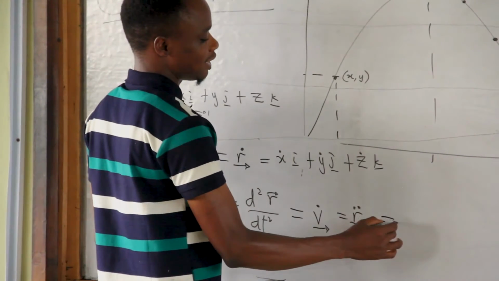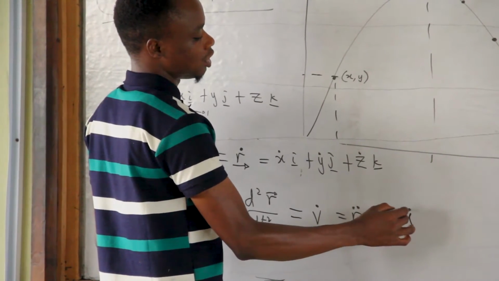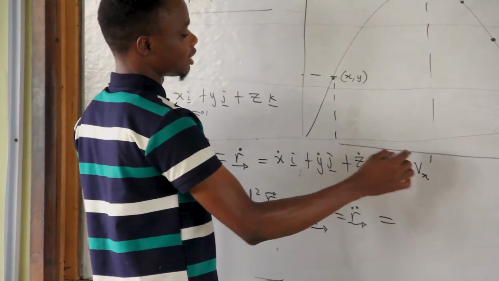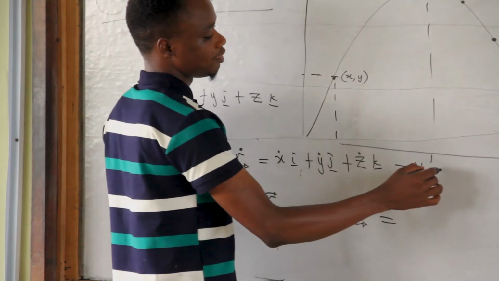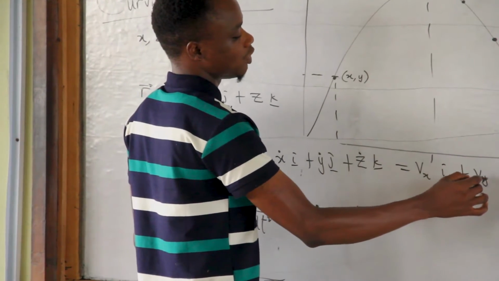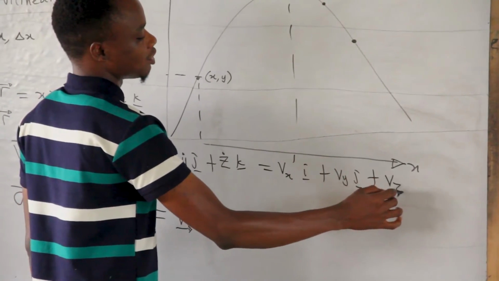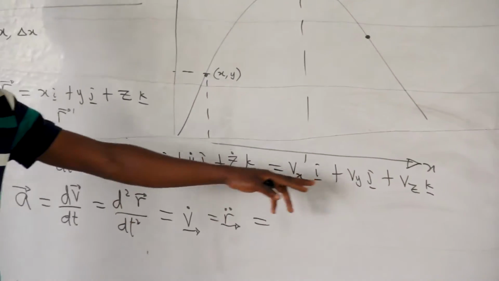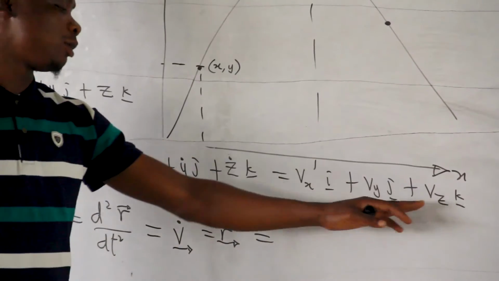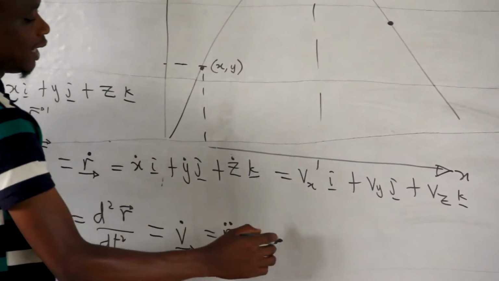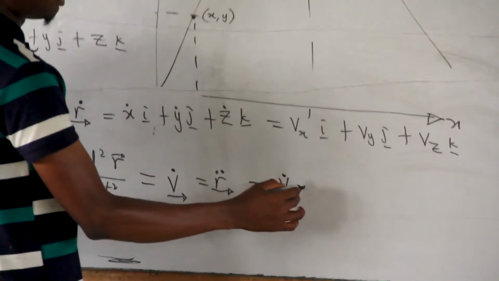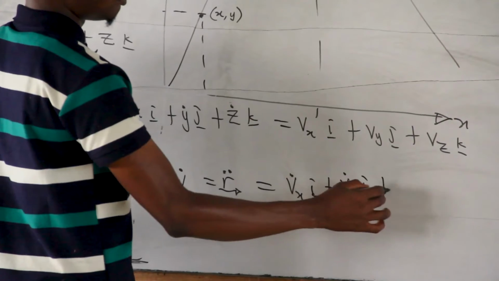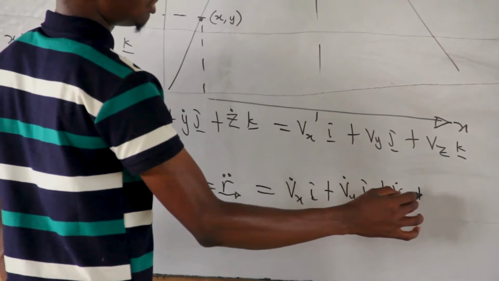So this is the same thing as writing, let's say this is v sub x. If v is v sub x i plus v sub y j plus v sub z k, now the x component of v is our x dot, the y component of v is our y dot, and the z component of v is our z dot. So I can write this as v_x dot i plus v_y dot j plus v_z dot k,